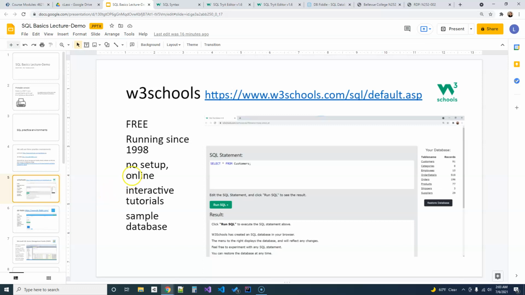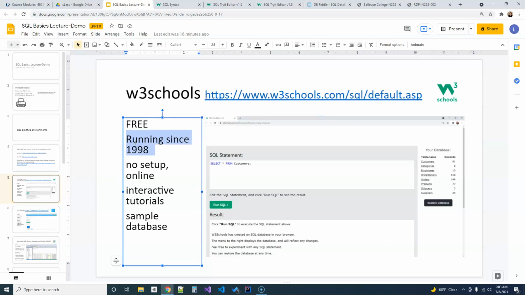So W3schools has been around quite a while. It's been running since 1998 and it's still 100% free without any paywall, which is quite amazing. There's no setup, it's online. There are interactive tutorials, so you can get in and edit the code and run the code, change it as you like. And it comes with a simple database. It's clean and pretty intuitive. So over here you can see the different tables. So we start with this because it's just easy to use, and